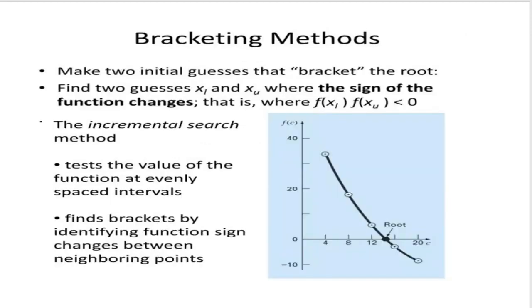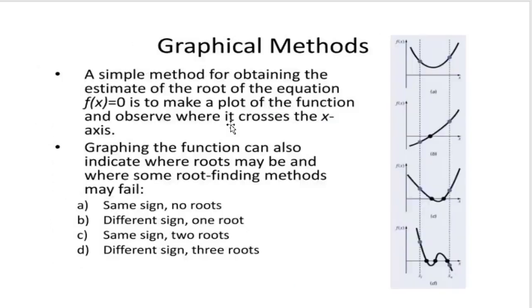Now coming to the first method. Before we start with the bisection method, we will just see what we mean by bracketing methods. Why do we call them bracketing methods? Here in the graphical method it's easy because on the graph it is clearly visible. Once you plot the graph of f(x) versus x, it is clearly visible if the function crosses the x-axis. So if it crosses the x-axis, the root lies there.